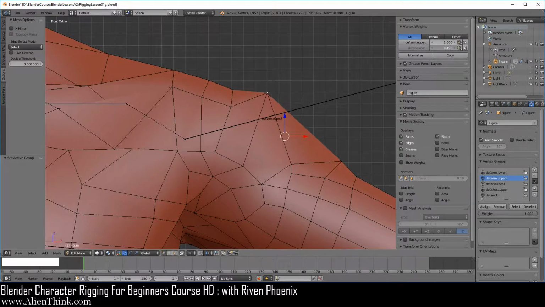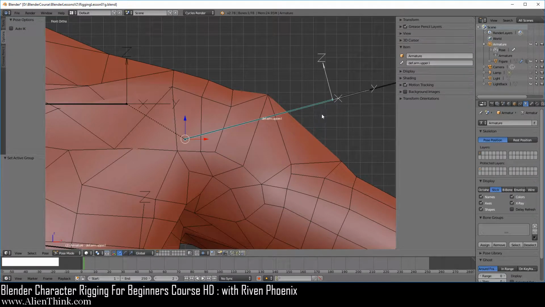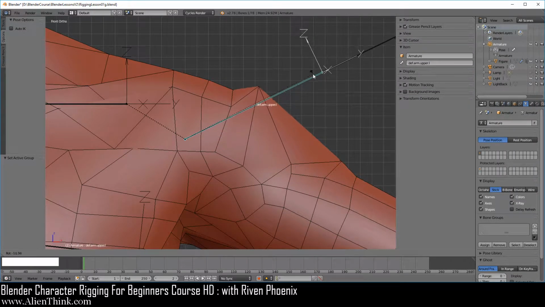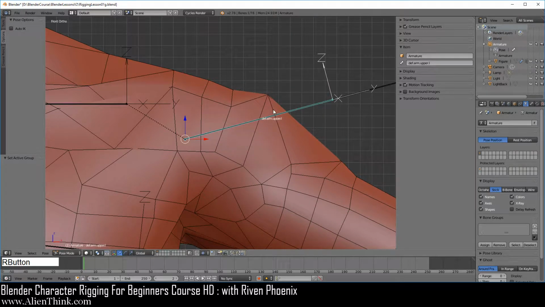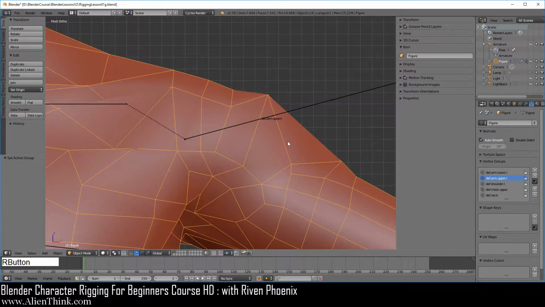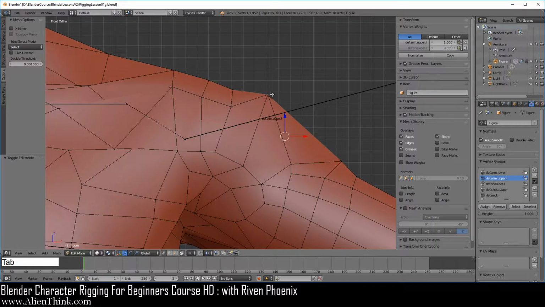So we can position this anywhere that we want, go to the armature, and now when we press the R key, you'll see that it's deforming a bit differently. So this is how this concept works in Blender. Now click on the figure, press the tab key. Now the thing that you need to understand about this is, go ahead and click this on 1, is that this value that you're seeing here for the weight can only be a value from 0 to 1.